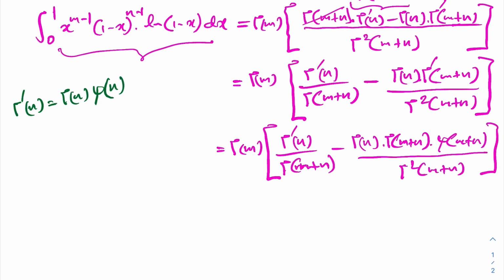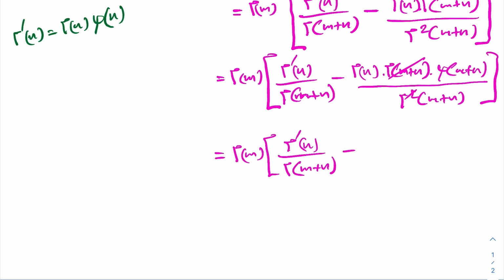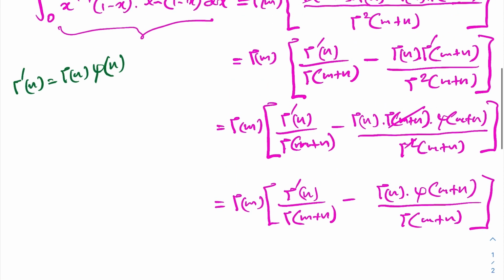So we know now gamma of m plus n, this square, these two get cancelled, so we have gamma of m times gamma dash of n over gamma of m plus n minus gamma of n times digamma of m plus n over gamma of m plus n, and we know this is equal to